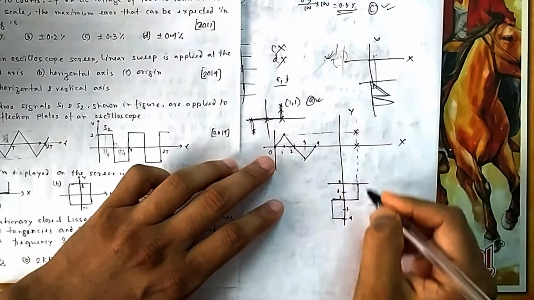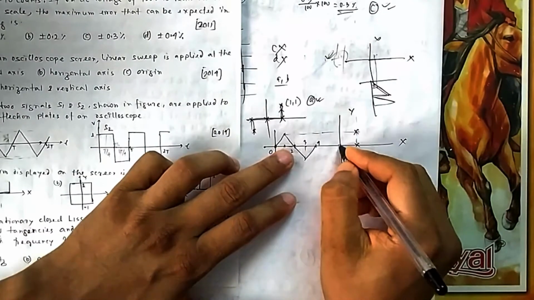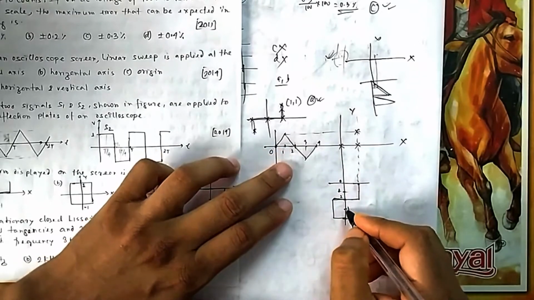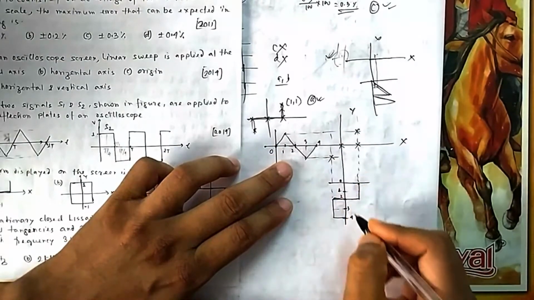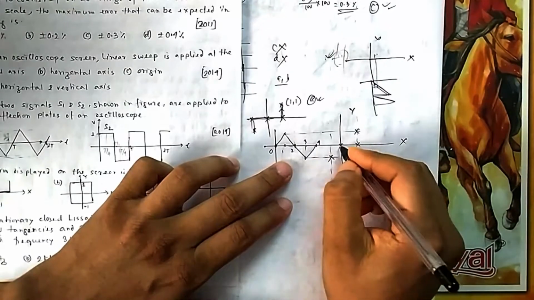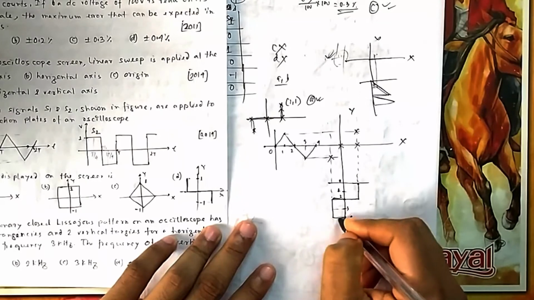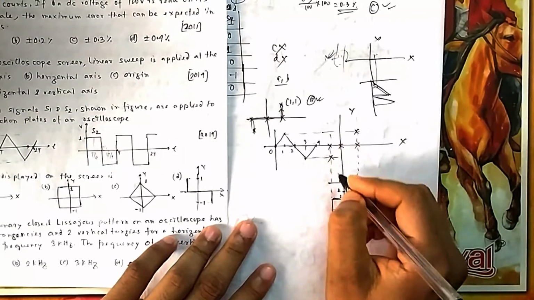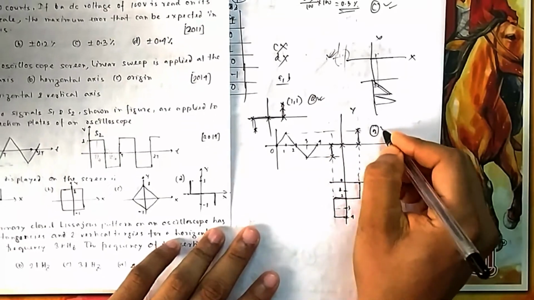So it will cut it here. Next is 2. At 2 it is 0, this line, and at 2 it is also 0. So this will meet here. 3 is this line, 3 is coming from this line. So 4 is again this line. So you can see 4 is here 1, and 4 is here 0. So this is the line that is formed. So you can say therefore it is option A.